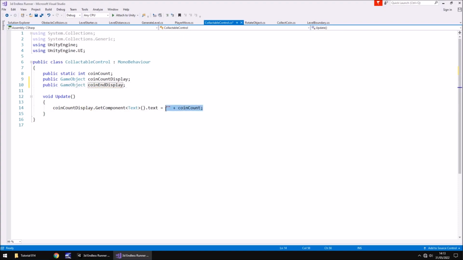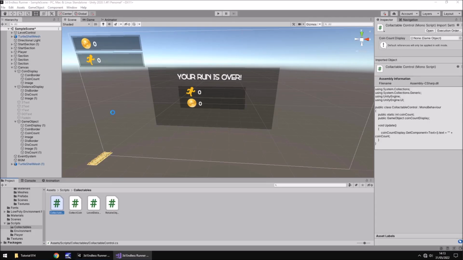So we can use this same line of code right here, place it there, coin end display. Now, we are probably going to change this a little later on, but for all intents and purposes right now, I want to illustrate to you how this is working. This is not the best way of doing it, but I'm showing you and illustrating how all of this process works. So if we head back to Unity,